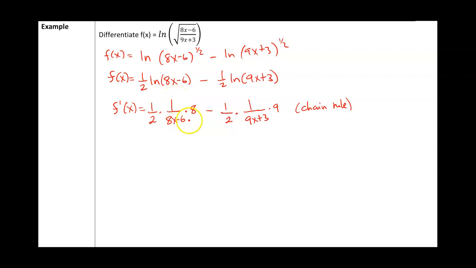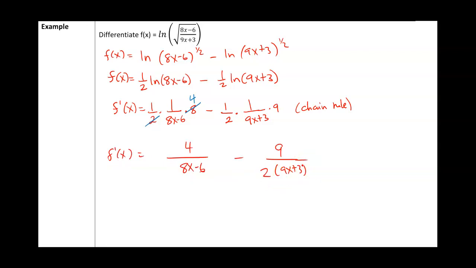We have 1 over 8x minus 6, but since the parentheses contains another function that's not x, we have to multiply by its derivative, which is 8. Then you have 1 over 9x plus 3, by the same reasoning, times 9. Derivative of 9x plus 3 is 9. Then if you combine that, it's going to give you 4 over 8x minus 6 minus 9 over 2 times